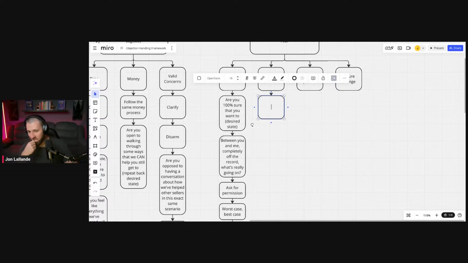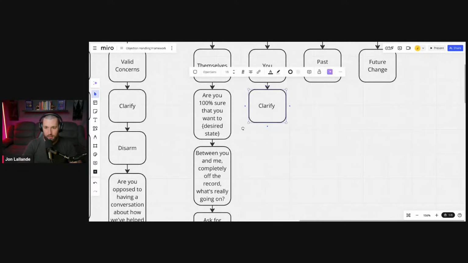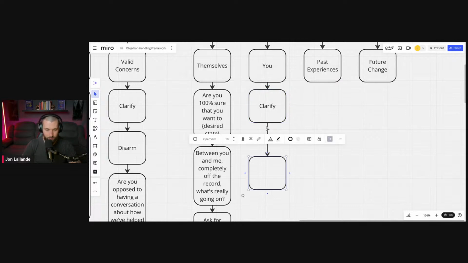So hey, look, this all sounds good, but I don't trust that you can do X, Y, and Z. Okay, fair enough. Now, what we're not going to do here is ask, is it something I said? Is it my breath? So what we're going to do is just clarify. When you say you don't feel like we can actually help you with this, how do you mean? Well, I just don't know anything about your company. I know there's a bunch of scams out there and I don't know if I can even trust you.